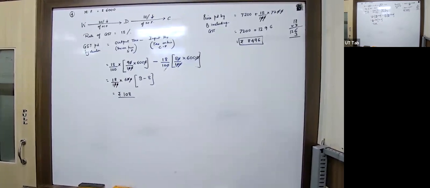Output tax is what I charge on my selling price. Input tax is what I have paid on my cost price. बात खत्म।